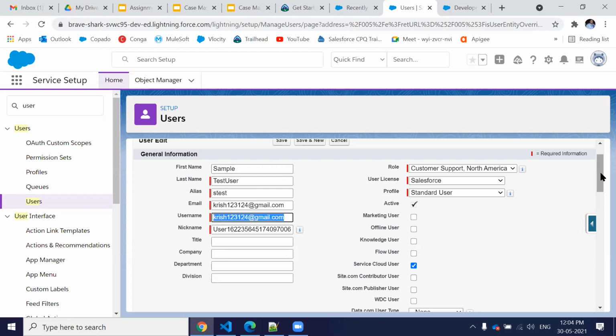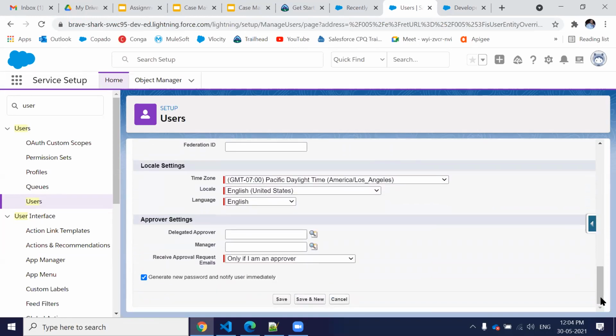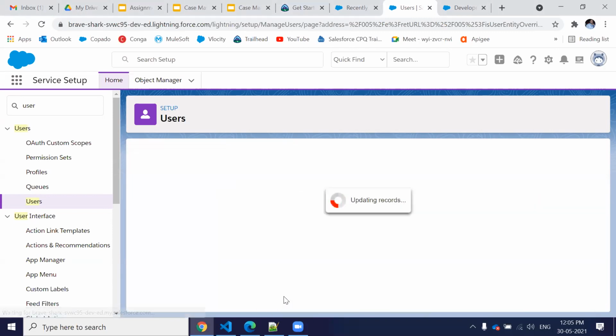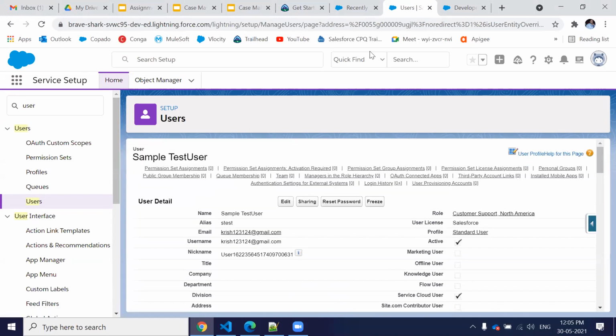So I have provided all the mandatory values. Don't generate the new password immediately, or let it generate and save. So I have created another user which has the service cloud license.